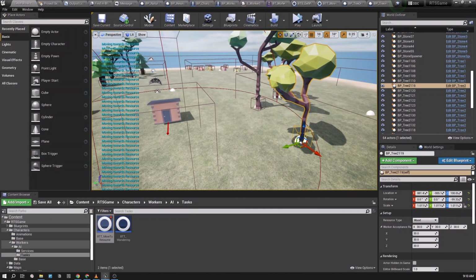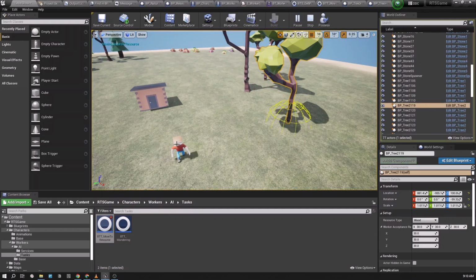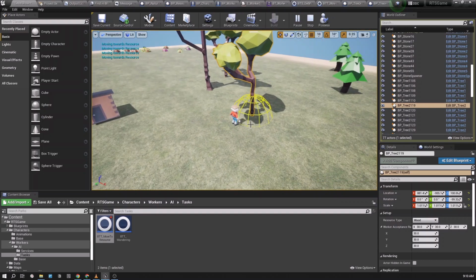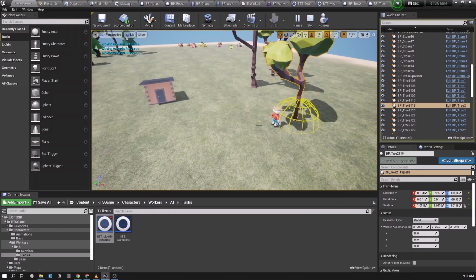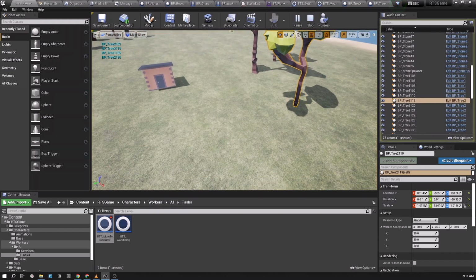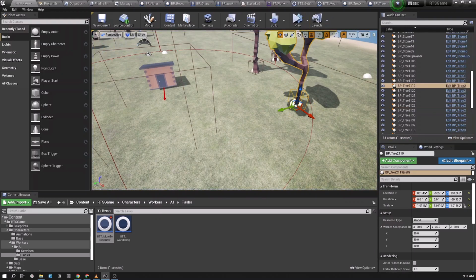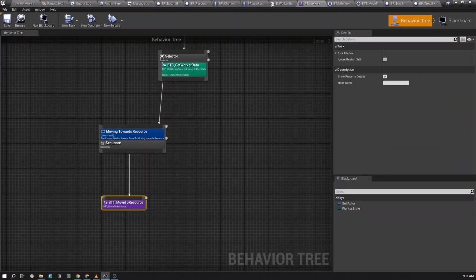Okay, so in the previous tutorial we have seen how we can influence our AI character moving towards a resource, but we have to resolve its target direction as well, because if you can see, if we simulate it again, the worker is moving but he is not rotated toward the correct direction. Okay, so in order to resolve that, we have to go to our behavior tree,